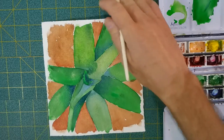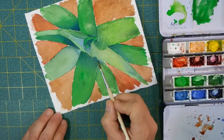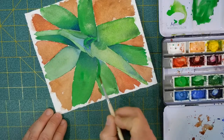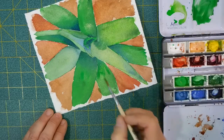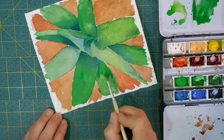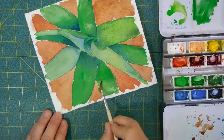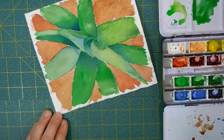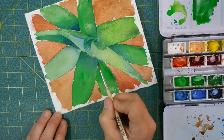But that's okay. This time is fine. Alright, I'm just working my way around. This one over here. A little bit of that green color. Let it come out, and then just softly let it work its way out. All the way out here, and then come back in